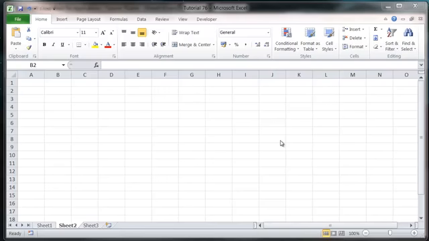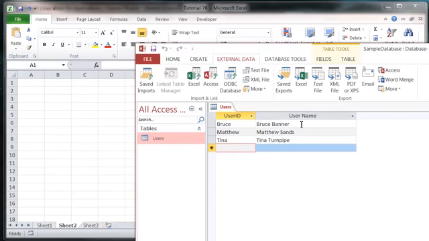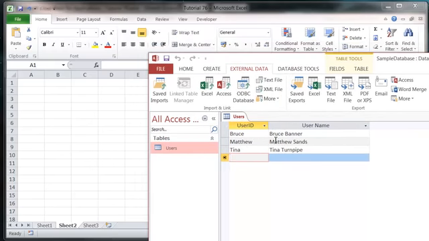Hello everybody and welcome to my 77th VBA 2010 tutorial, and this tutorial is going to show you how to use an update statement through your SQL. What an update statement does is it allows you to update a particular field or multiple fields with certain criteria. I'm going to try and update my own name from Matthew Sands to Matt